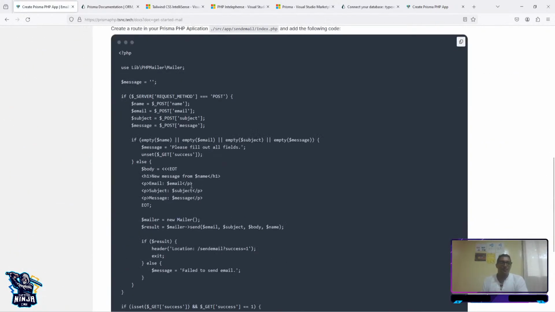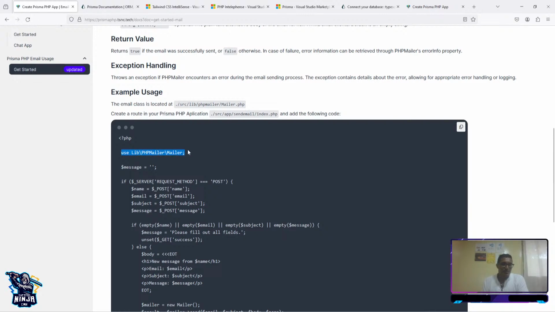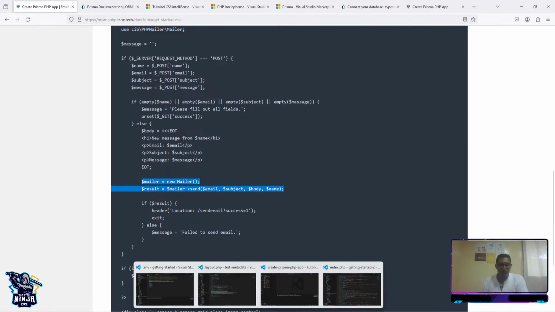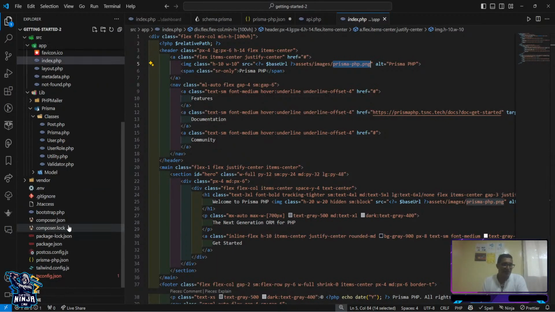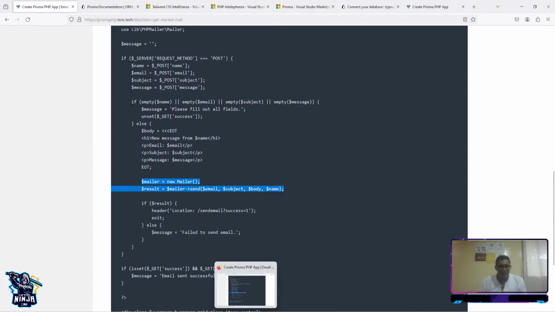Well, email. When you're going to create email, it's easy as this. Use PHP mailer, and then check this. You just send that email and you just put your configuration in the env file here. You just set up and go on. That's all you need. So now, guys,